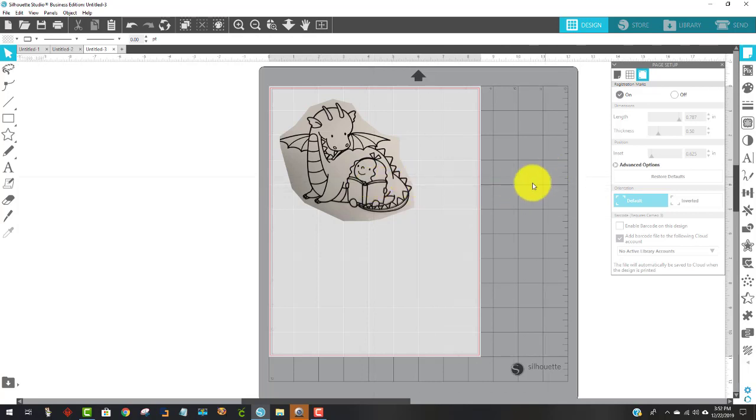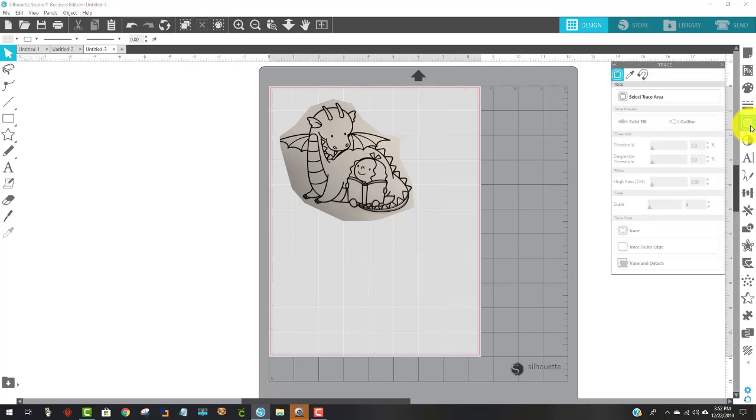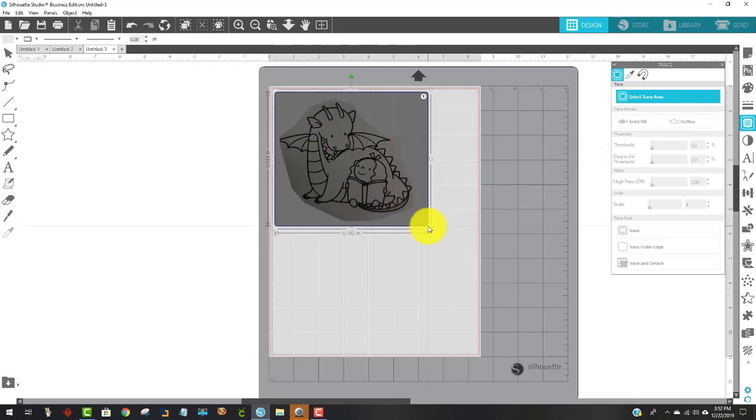So I'm going to come over to the little thing that looks like a piece of toast to me. Some people think it looks like a butterfly, but if you'll notice it says the trace panel. I'm going to click on that to open it. Then I'm going to click right here where it says select trace area. I'm going to come over here and I'm going to select all the way around him and the little girl